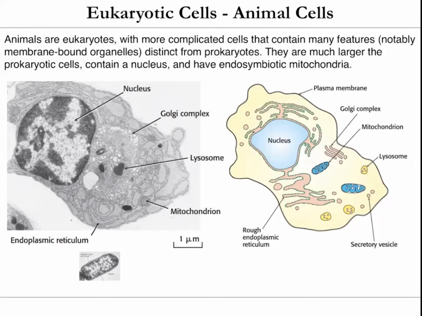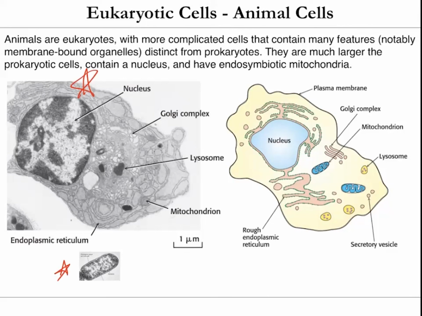Animal cells, so all the cells that make up your body and all other animals, are eukaryotic cells. Eukaryotic cells are much larger and more complicated than prokaryotes. One thing, as I just said, is that they're a lot larger. This is an animal cell here, and here's just a really rough scale of a bacteria cell. It might even be a lot smaller than that. That would be the largest that a bacteria would be in comparison to a eukaryotic cell. So prokaryotes are very, very small in comparison to eukaryotic cells.